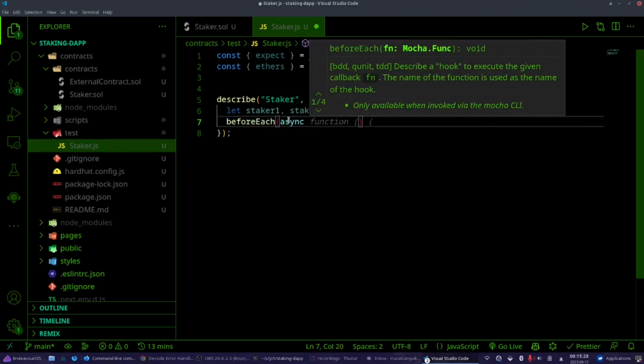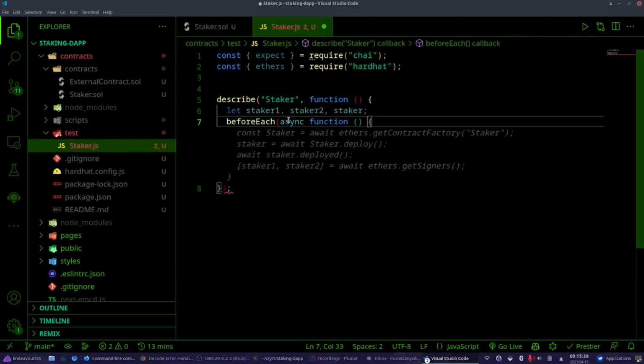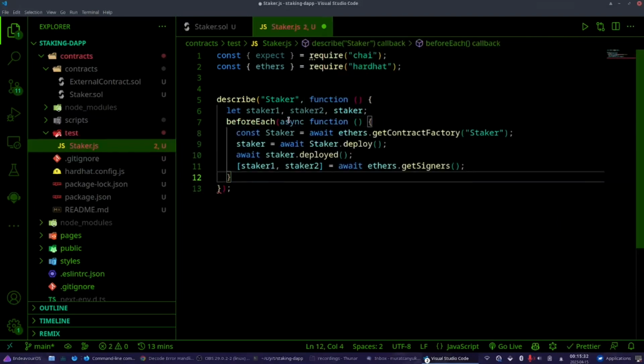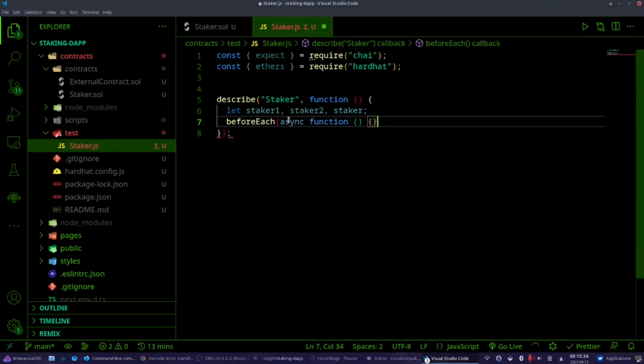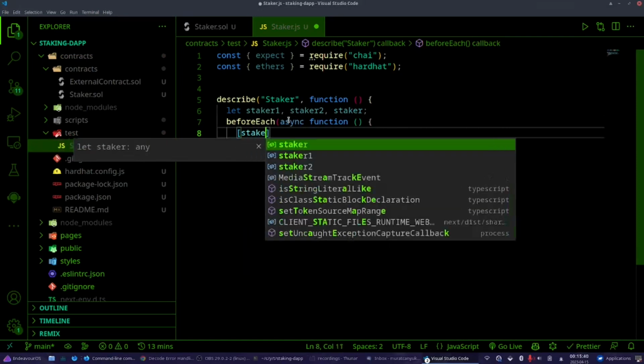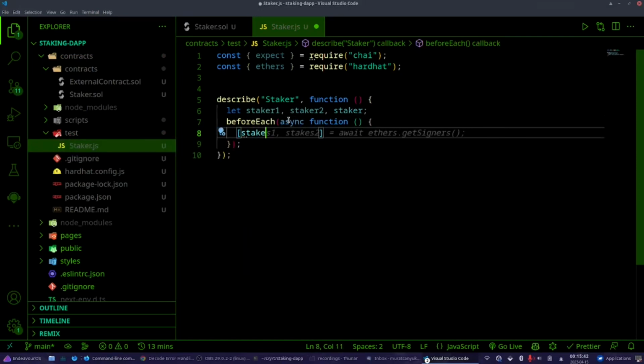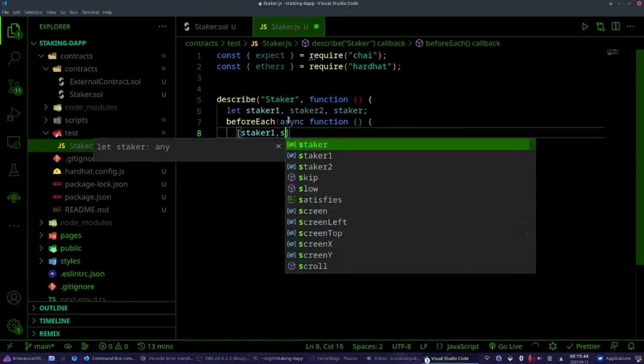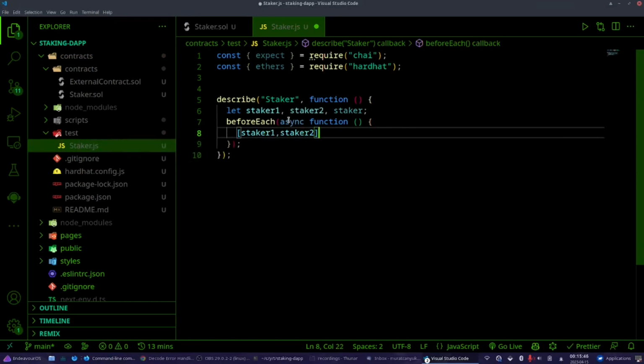Async function. Now I want to get, let me write first, sorry. Now what I'm doing,